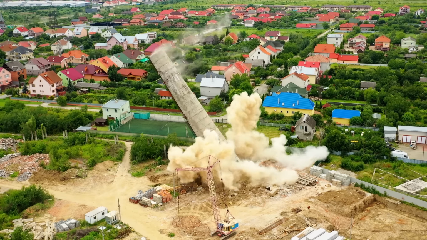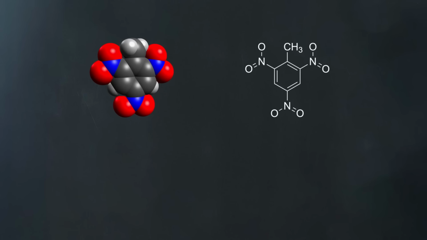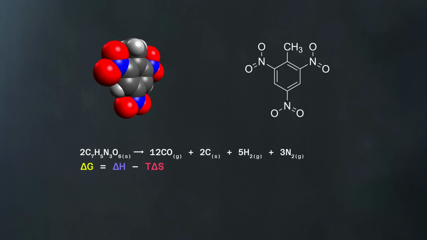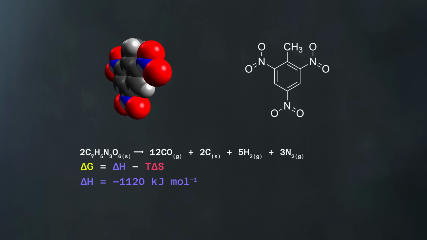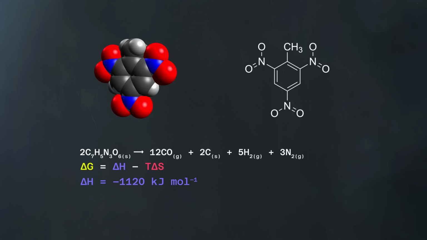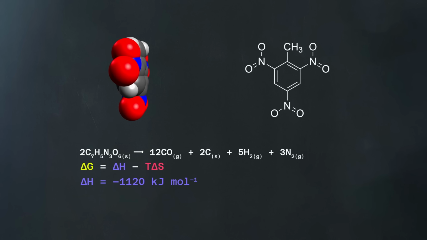Okay, so first up, dynamite, which we're going to simplify to just trinitrotoluene. No surprise that it's very exothermic, so heat says the reaction goes forward. But what about the entropy? Well, 2 moles of solid become 20 moles of gas, so not only are we massively increasing the number of